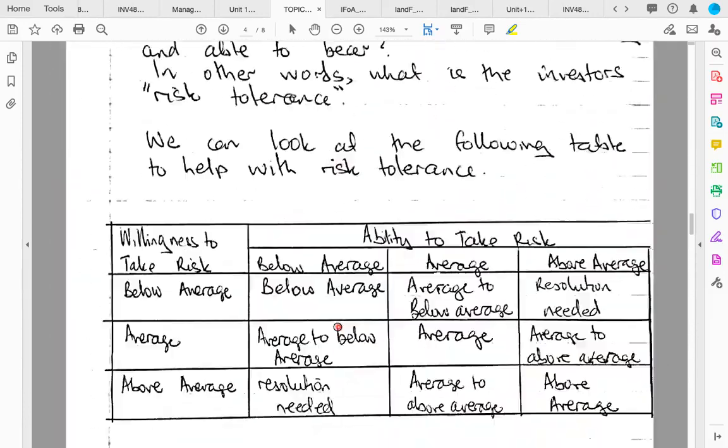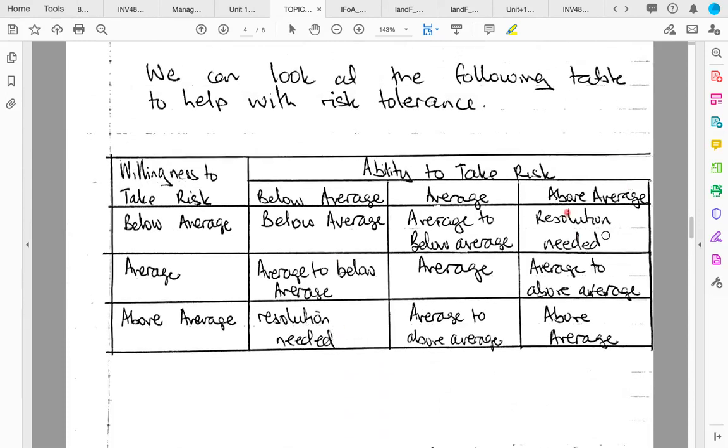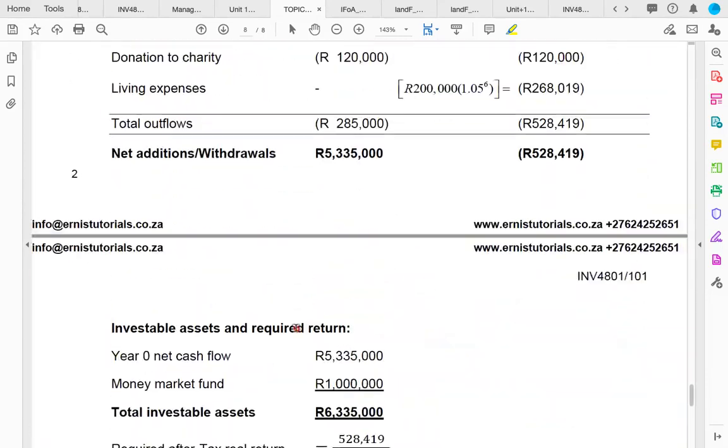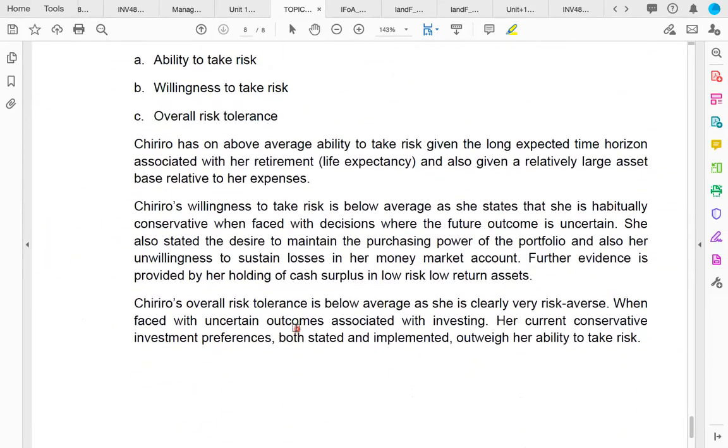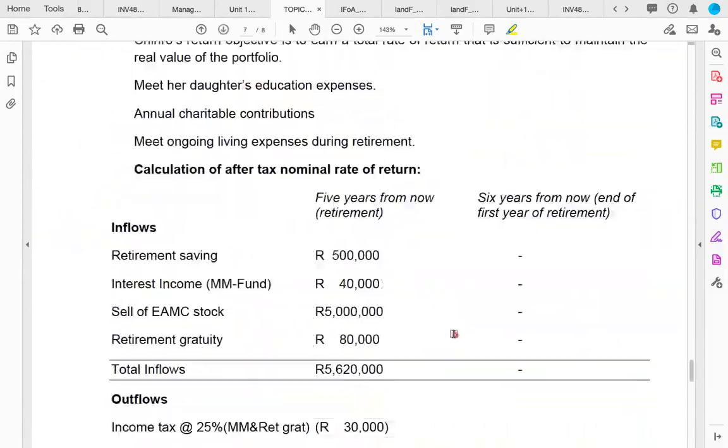So I did try to create this table. I think we were told she's got above average ability to take on risk, and she's got a below average willingness to take on risk. So this is where a resolution would be needed. I think it would be more conservative to just assume that the risk tolerance is below average if we get something that falls under resolution needed. I think to be safe, we would just assume that the risk tolerance of the investor is below average,